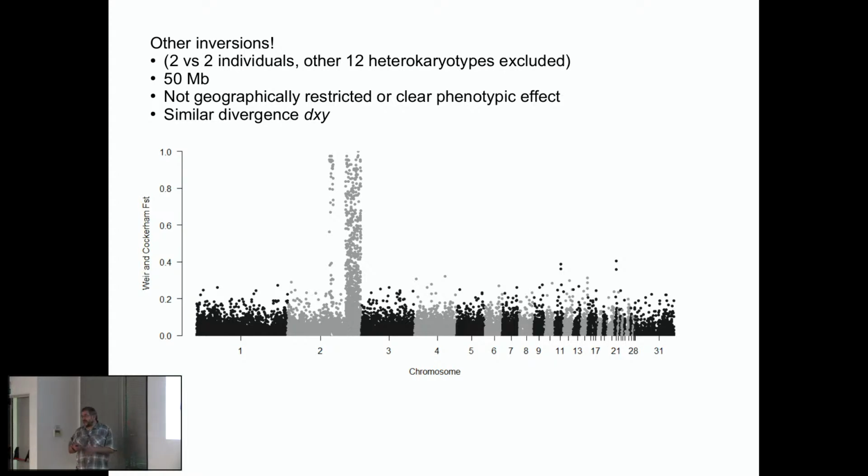This is one that we have found. We do not have very much data. This is in chromosome 2. It is 50 million base pairs, 50 megabases. It's not associated with the first one, and it's not associated with geography. We do not know what the effect could be. It's something we are looking into. But there are more inversions that could be affecting the diversity of behaviors and population structure of common quails.